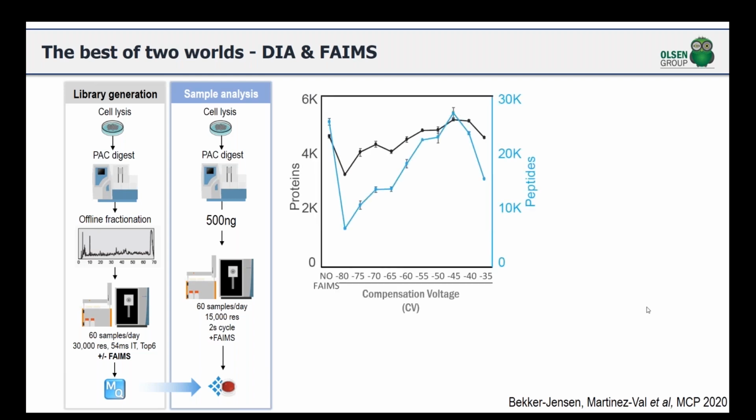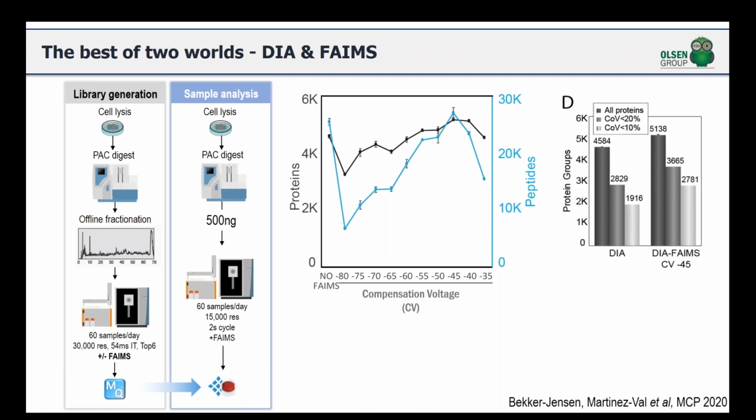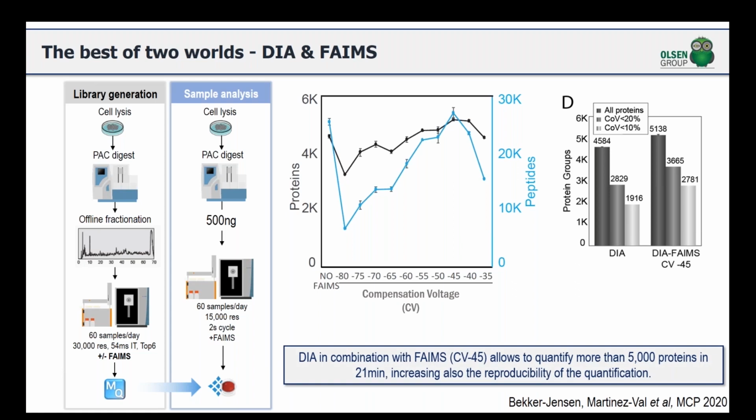And we could see that when we combined the single compensation voltage FAIMS with DIA, at around an optimum of minus 45 volts on the compensation voltage, we were able to identify more proteins and more peptides than without FAIMS on this new system. And most importantly, we also get better quantification between replica experiments. So with these new settings, in just 21 minutes of analysis on the EvoSep1 system, using a simple single compensation voltage, we can identify more than 5,000 proteins and also have really high